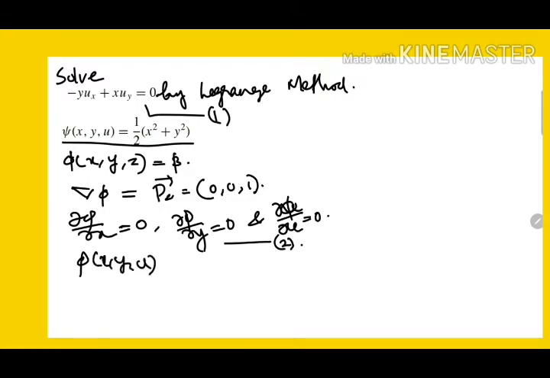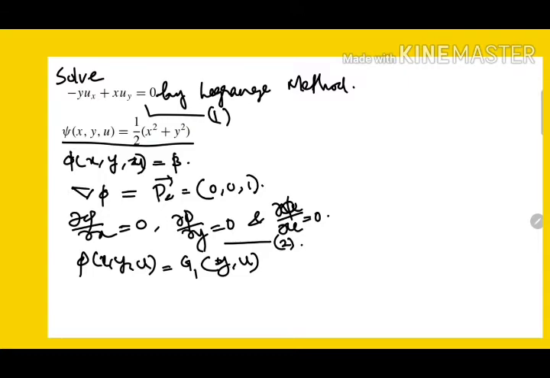So using this idea, integrating the first relation, we get phi of x, y, u, sorry, not x, y, z, our dependent variable is u here. So phi of x, y, u is equal to some function of the remaining variables, that is y and u. Since f is already taken for psi, I am taking this as g1 of y, u. Now we have to determine the function g1.